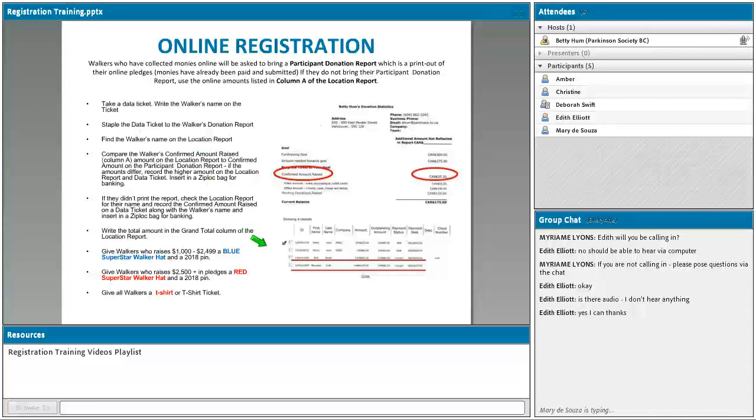What I wanted to show you just quickly, going back, I realized I forgot to show you. On the donation report that they may bring in, you'll see this bottom part. If they have anything there, that means they have themselves manually imported their offline donations that should be on a pledge form. If they haven't filled out a pledge form and say, hey, just use this and I'll hand you my monies in, you have to let them know that a pledge form does have to be completed, because if you'll notice,